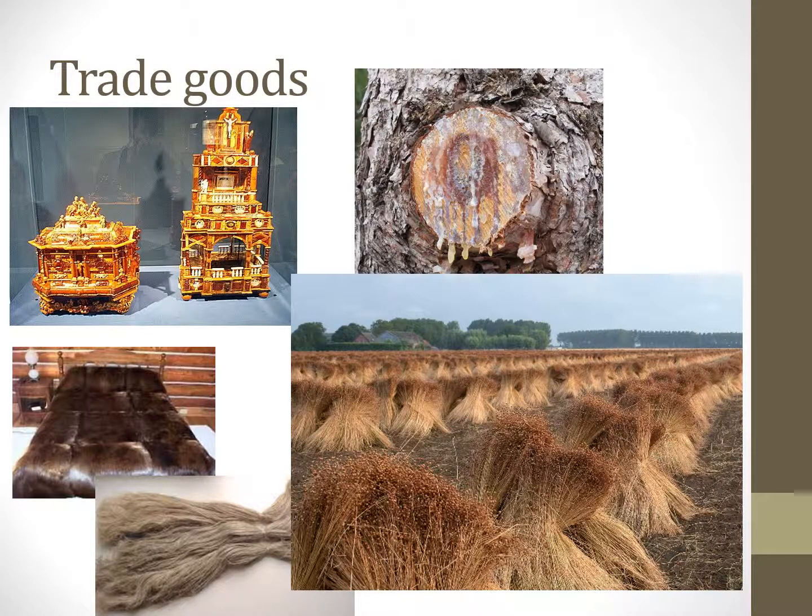Here are some images of the type of goods that were coming out of the Baltic on these cogs. This is some flax down here in the bottom right, but you've got some pine pitch here, which is used for waterproofing things. You have furs down here in the bottom left, a very high value luxury good. Here you have some amber made into quite a remarkable, this looks like a reliquary here. I see a little Christ figure at the top. But amber, of course, is fossilized tree resin.